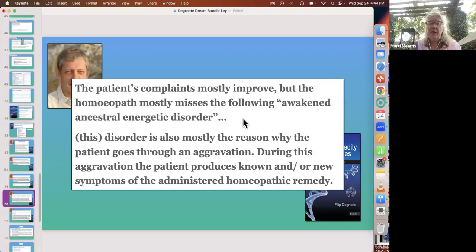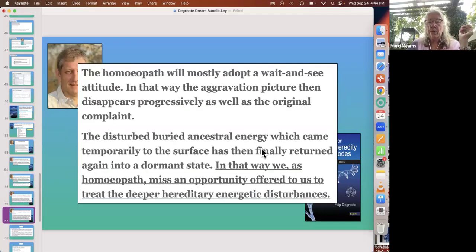So, the patient's complaints mostly improve, but the homeopath mostly misses the following awakened ancestral energetic disorder. And he talks about this disorder. In other words, the need for the miasmatic remedy is also mostly the reason why the patient goes through an aggravation. Okay, you can read all of that if you so choose.